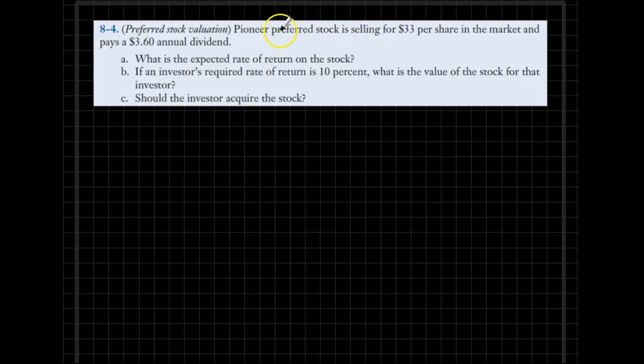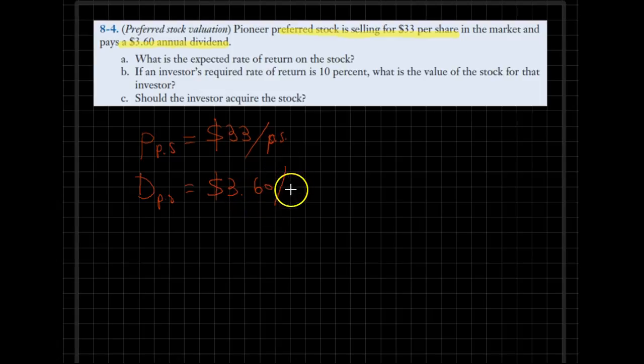We are told that the preferred stock is currently selling at $33 per share, so that would be the price of the stock. Let's write down the givens. So that would be $33 per share, per preferred stock. We are also told that the dividends are currently $3.60 per share. And now we are expected to figure out the expected rate of return in the first part of the problem,